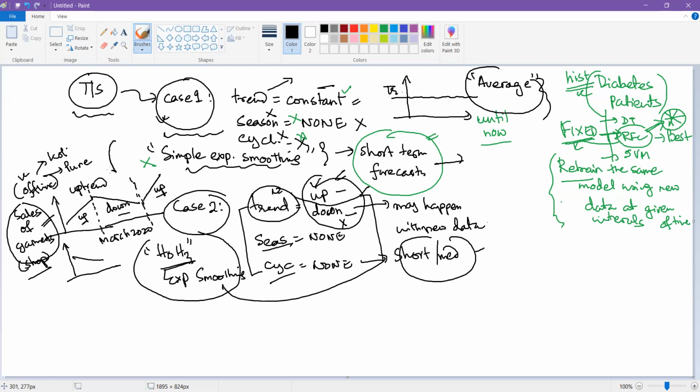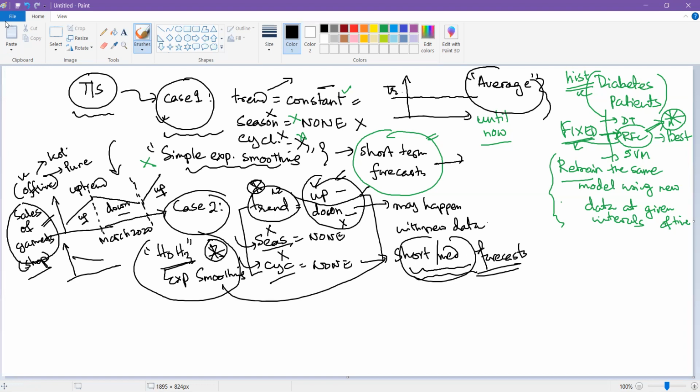I took an example here, which was a very, very simple, you can also say bogus example, but somehow related to the pandemic situation which we have right now. So I can comment something about the trend, but I cannot really comment anything about the seasonality or the cyclicity. What is going to happen in the future related to seasonality or cyclicity, that I don't know. So I'm still not in a position to fix this model so that it gives me a very long term kind of forecast. I'm still limited to short and medium level forecast.